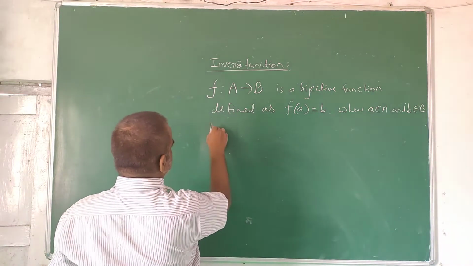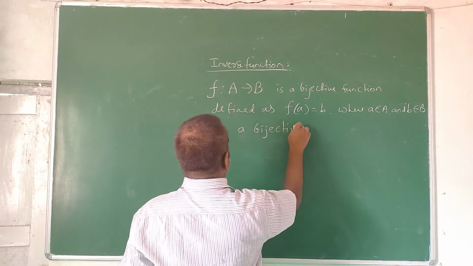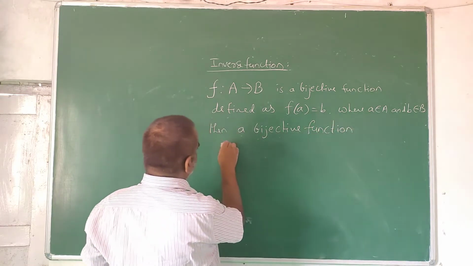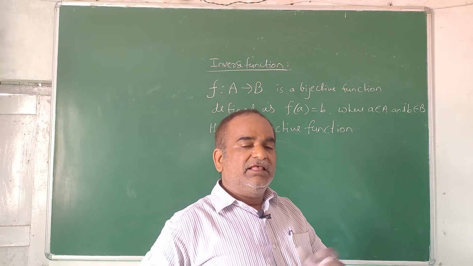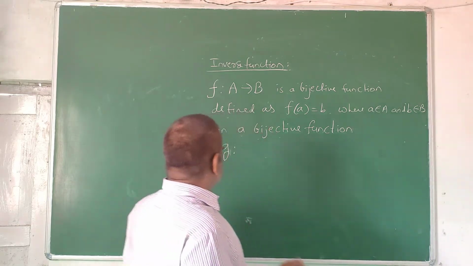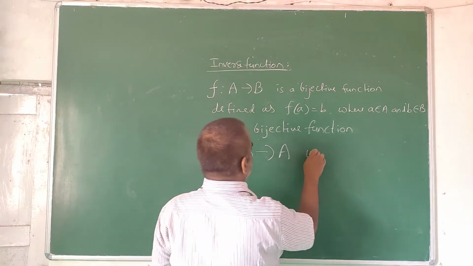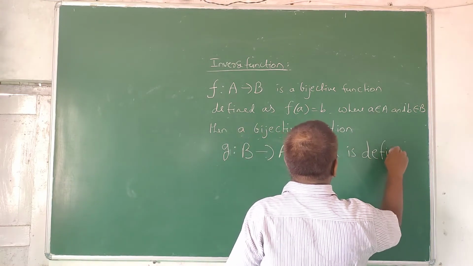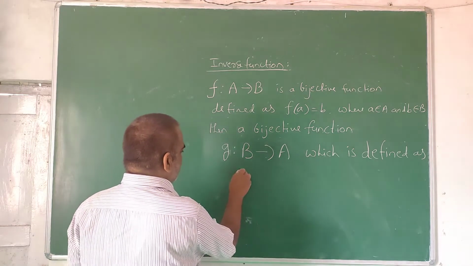Then a bijective function g, this time from B to A. Please observe this carefully. f is from A to B, g is from B to A. So a bijective function g from B to A, which is defined as g of b is equal to a,